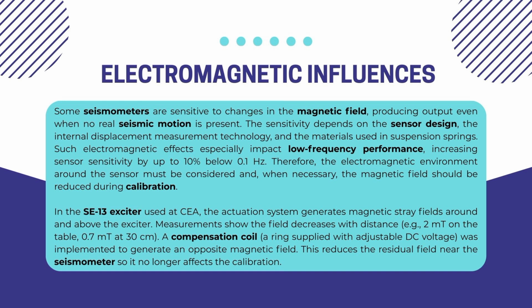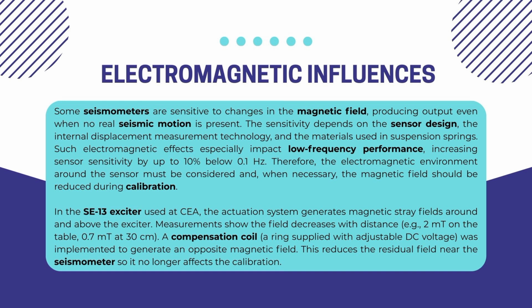Next is electromagnetic influences. Some seismometers are sensitive to changes in the magnetic field, producing output even when no real seismic motion is present. The sensitivity depends on the sensor design, the internal displacement measurement technology, and the materials used in suspension springs. Such electromagnetic effects especially impact low-frequency performance, increasing sensor sensitivity by up to 10% below 0.1 Hz. Therefore, the electromagnetic environment around the sensor must be considered, and, when necessary, the magnetic field should be reduced during